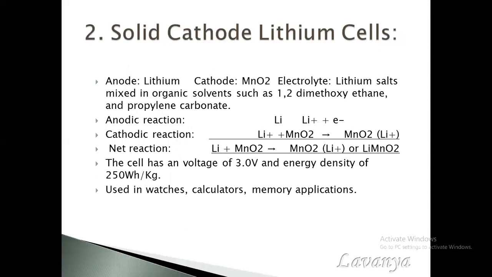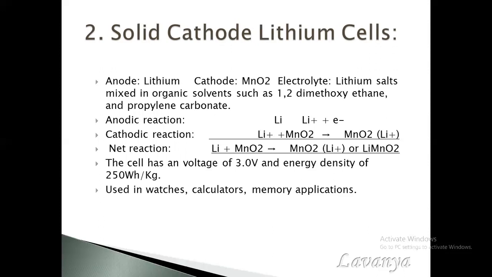And we have another type of lithium cell, that is the solid cathode. The anode is the same as the previous one, that is lithium, but the cathode is MnO2, and the electrolyte can be a lithium salt mixed in an organic solvent. And generally we use